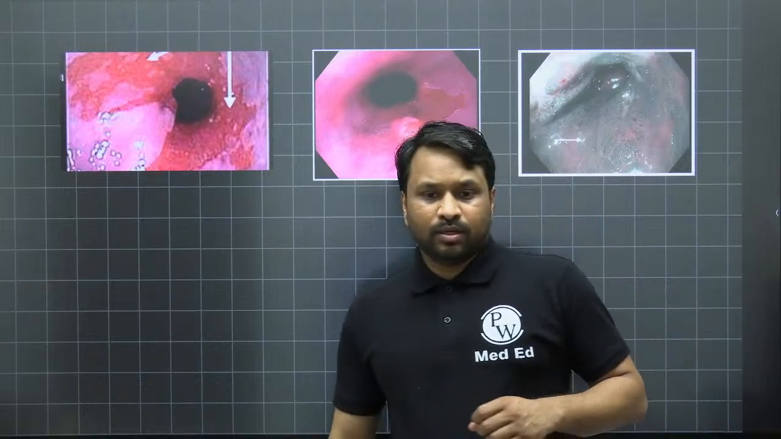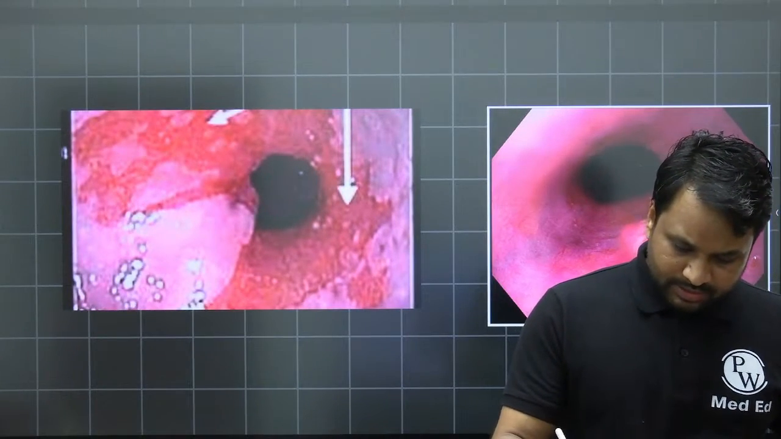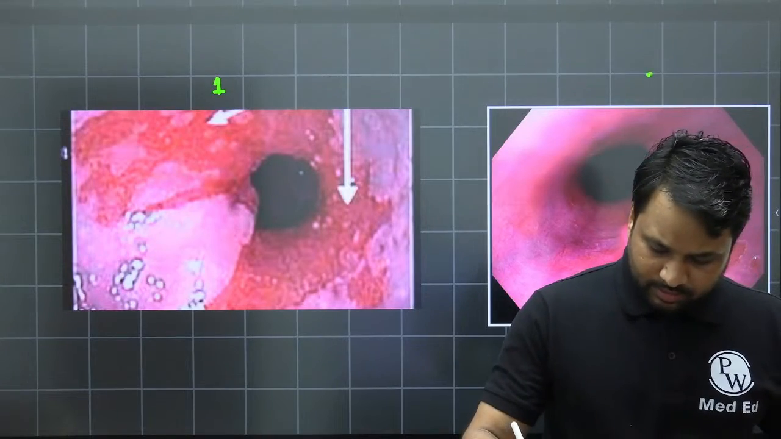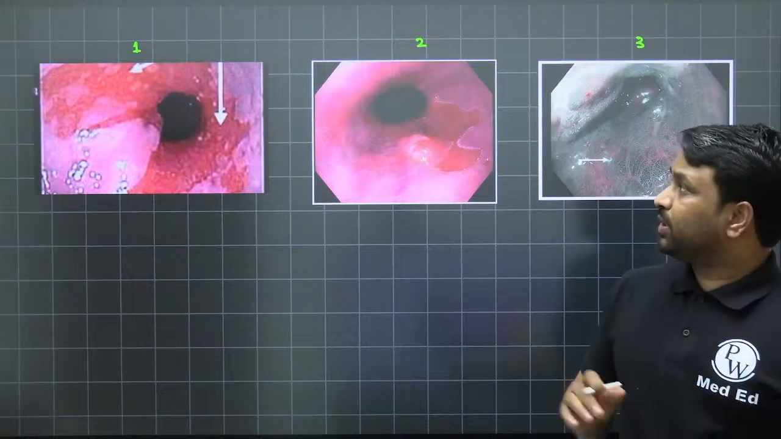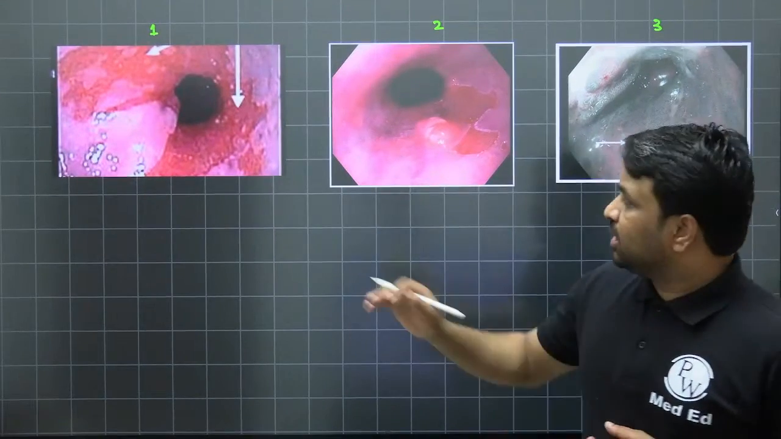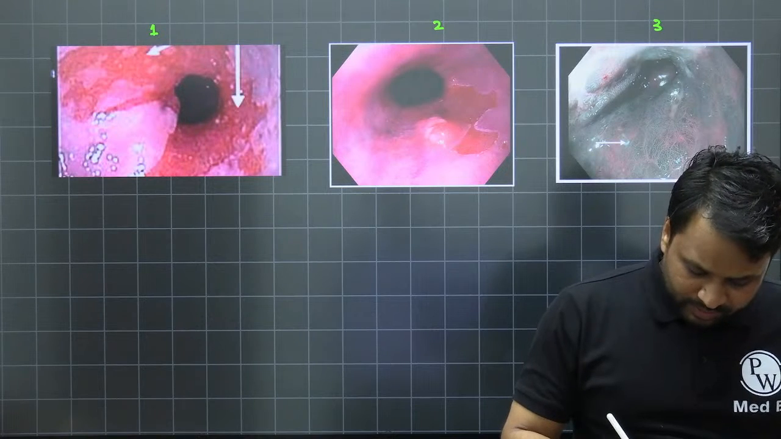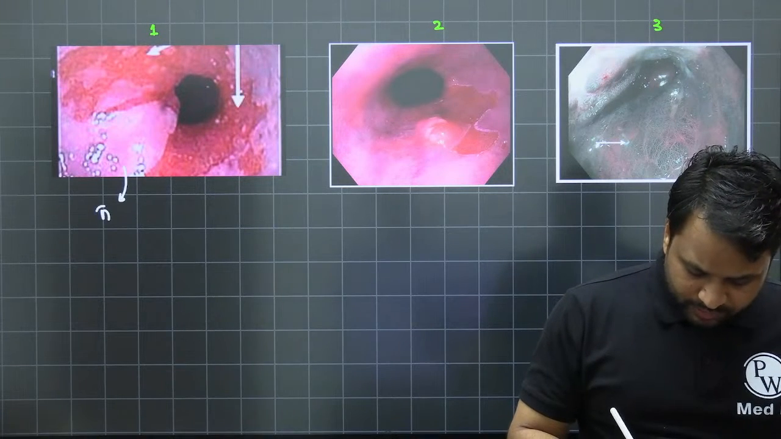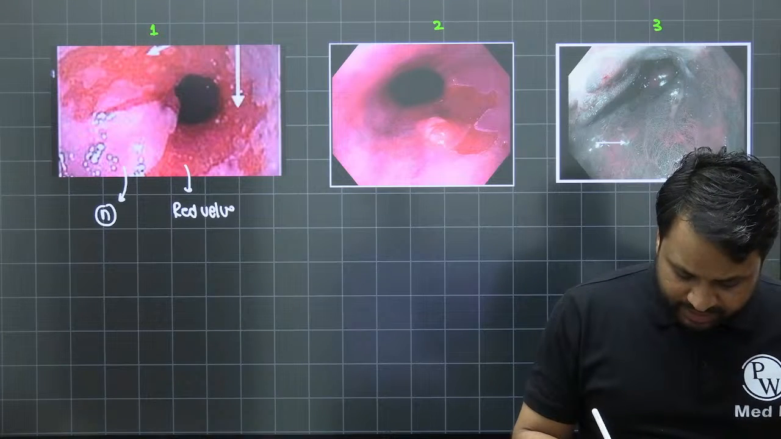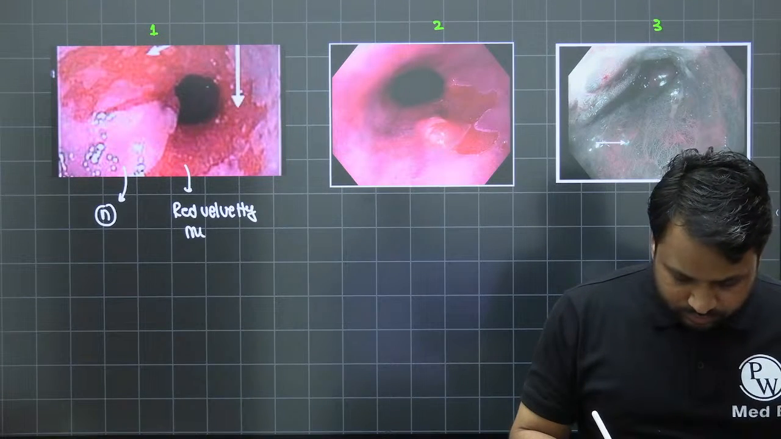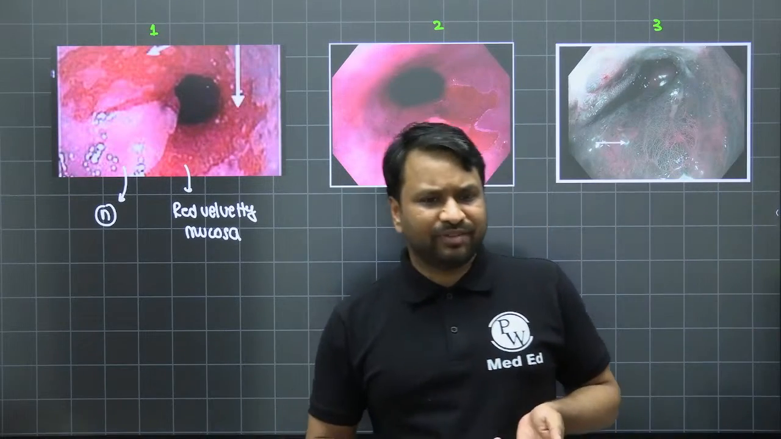Right. Now, when you look at this, this is the image number 1. This is the number 2. This is your image number 3. Now, when you have a patient with the first image, you can see this. This is the nice pink one. So when you talk about this pink part of the esophagus, this is your normal esophagus, and this is what we call the red velvety,